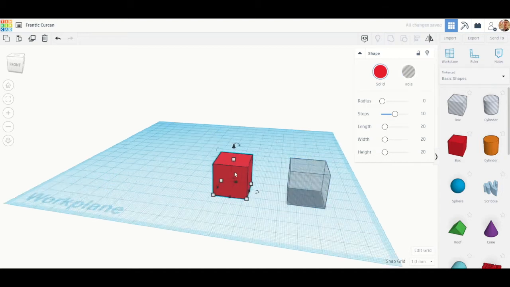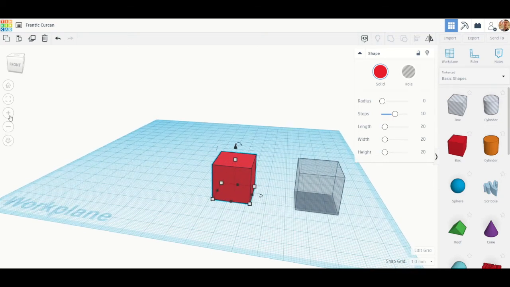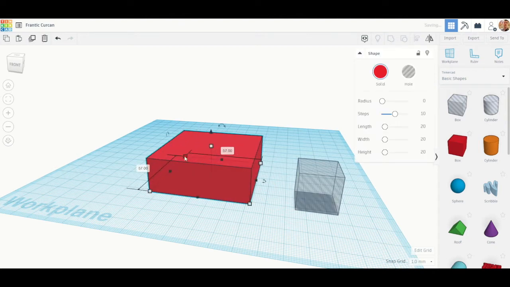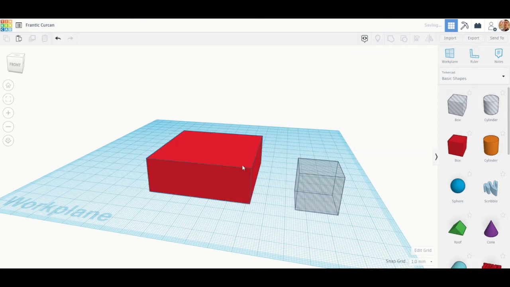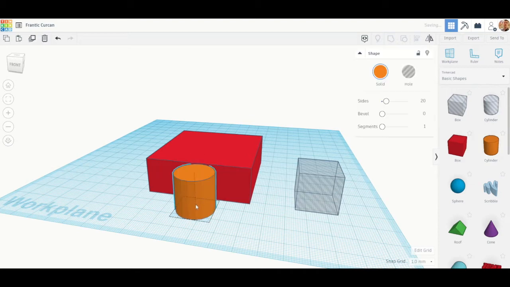So plus and minus are your zooms. They're also over here, but I like using the keyboard better. So I've got my building, right? And maybe I don't want my building just to be a total rectangle, so I add other shapes to it. And adding shapes and extruding away space in the shapes is a big part of what makes this program really fun. So I'm going to add these two shapes,